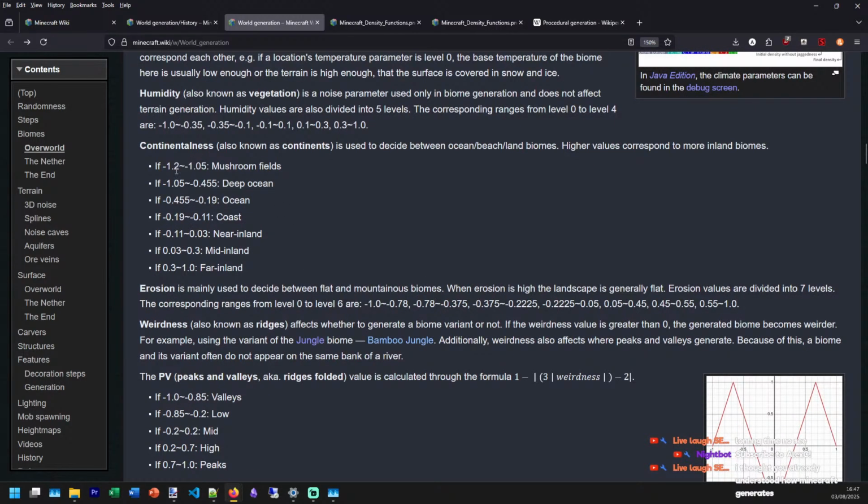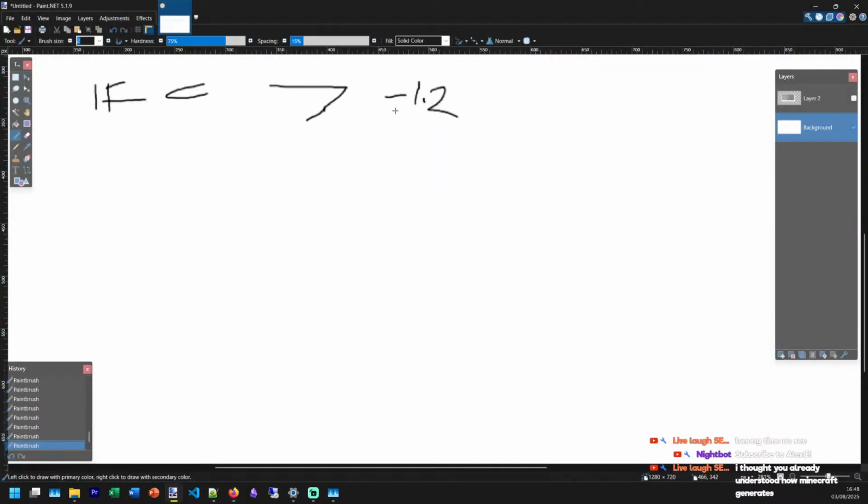Oh, it's continentalness. My bad. Reading off the wrong parameter. Yeah, so I think I need to do that rather than that. I think I'm just confusing myself with things.